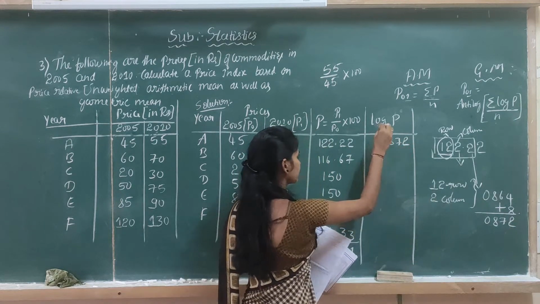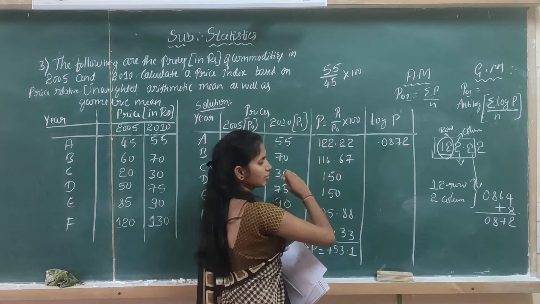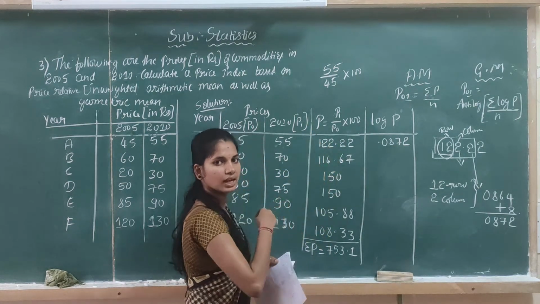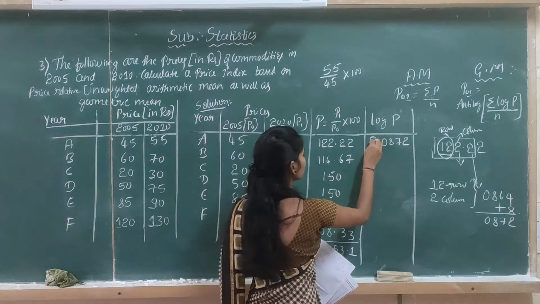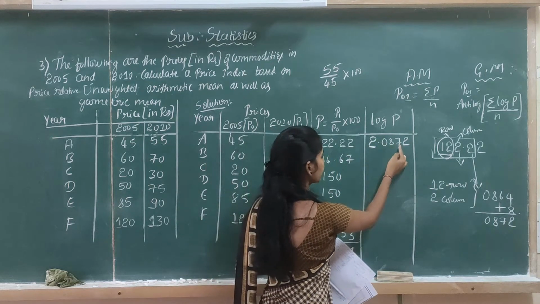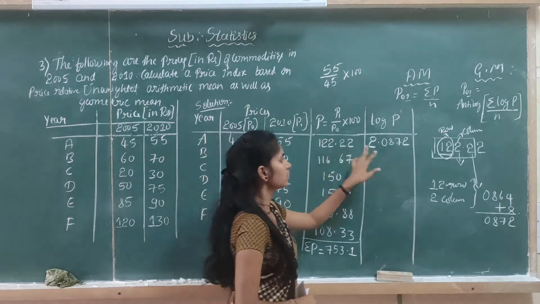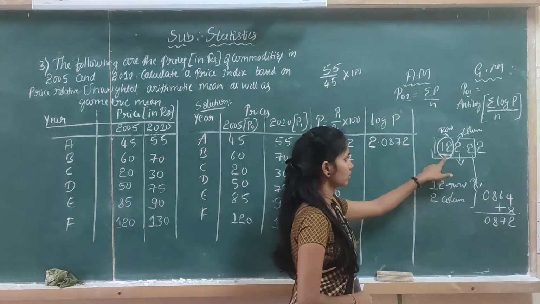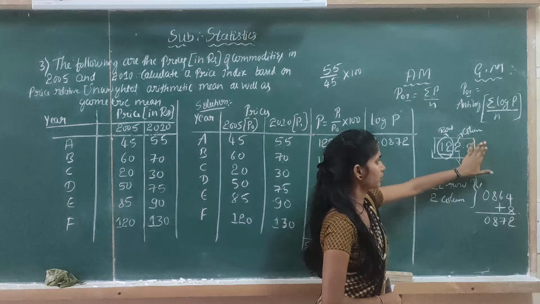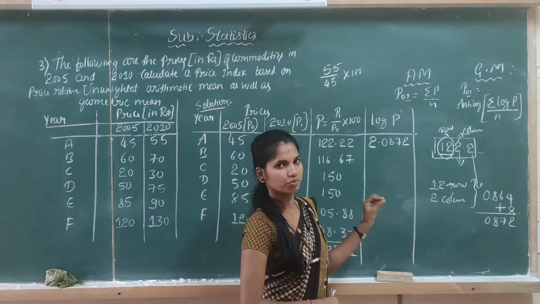Then you put the decimal point. The left side of the point has 3 digits, 1, 2, 3. You cancel 1 digit and the remaining digits are 2. So the log of 122.22 is 2.0872. Once again, for the log of 122.22 you take the 12th row, second column, and then the second mean difference. Then you remove the extra digits, because we need only 4 digits to calculate the log for P.